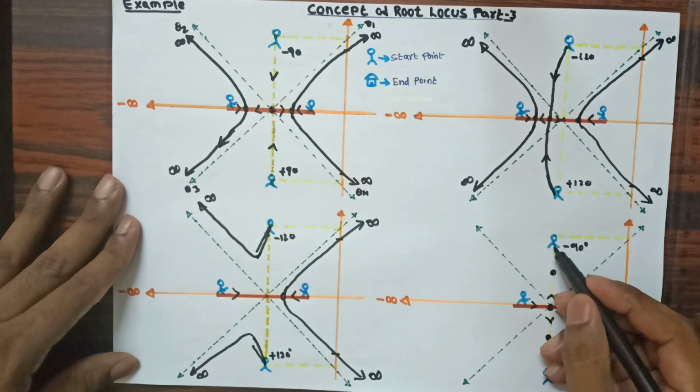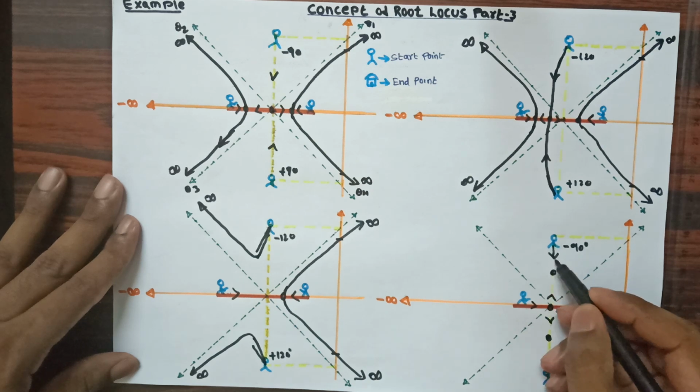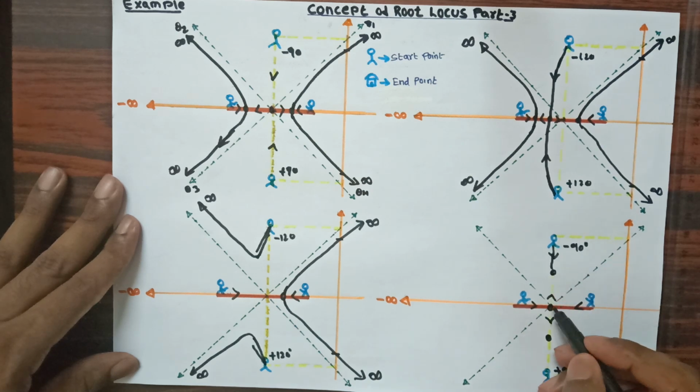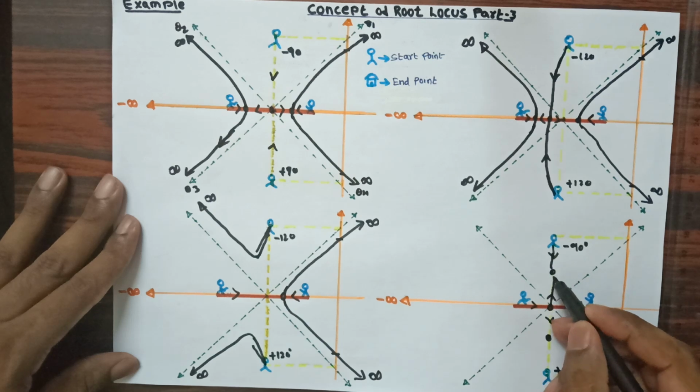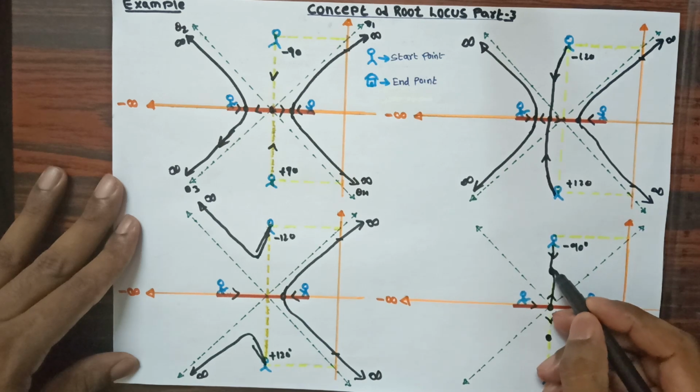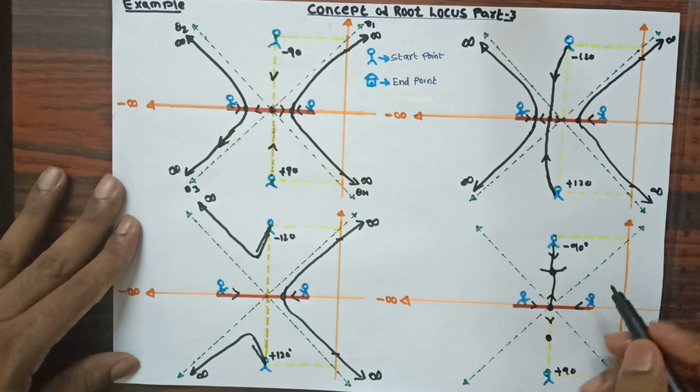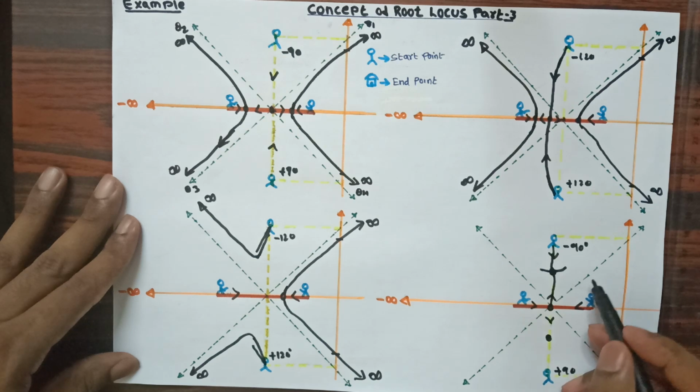So therefore he will be moving downwards and meet at this point, and this fellow moving upwards and going to meet at this point. Now they are going to come out in this way. Now they are going to observe the angle.